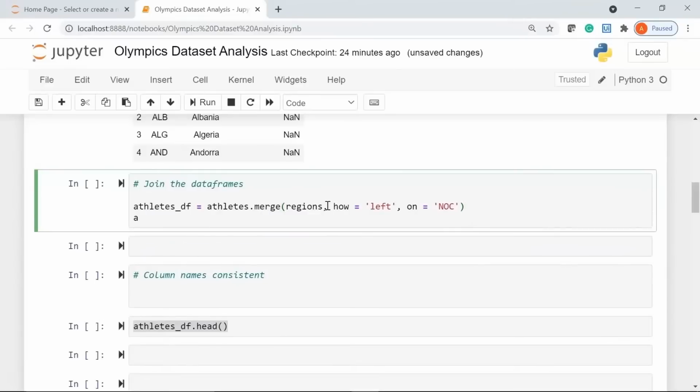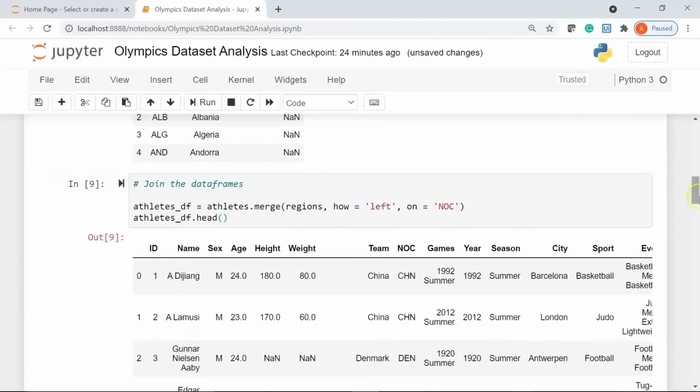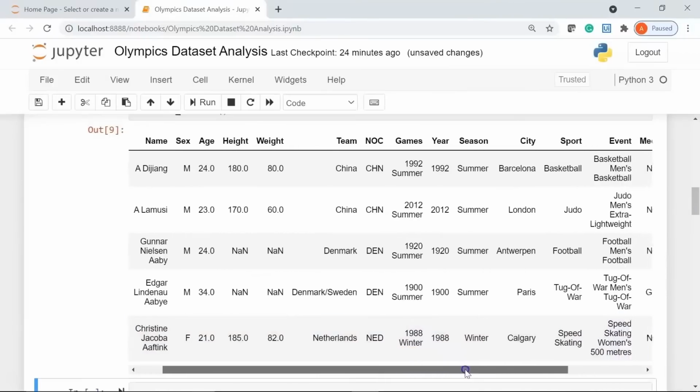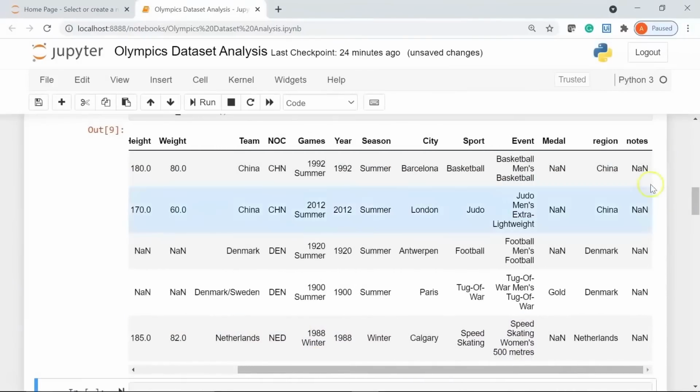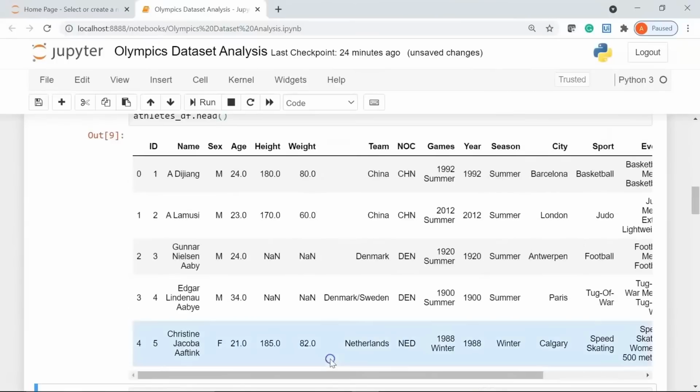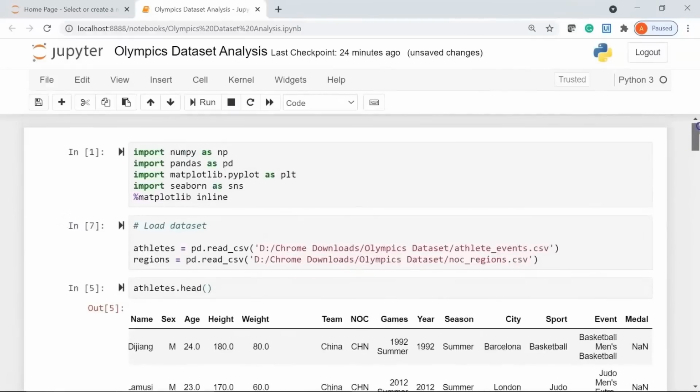Now let's go ahead and print the merged data frame. I'll say athletes underscore df dot head. Let's run it. There you go. So if you see clearly, if I move to the right, you can see here we have added 2 more columns that were present in the second dataset, which was regions. So we have regions and notes added to my first dataset, that is athletes underscore